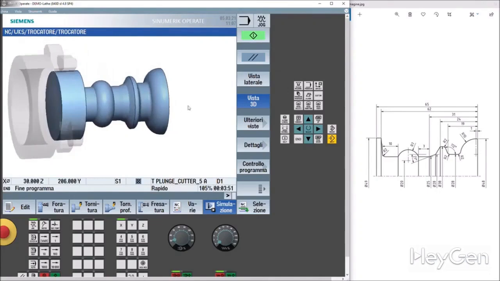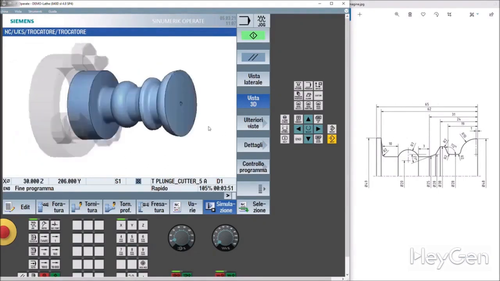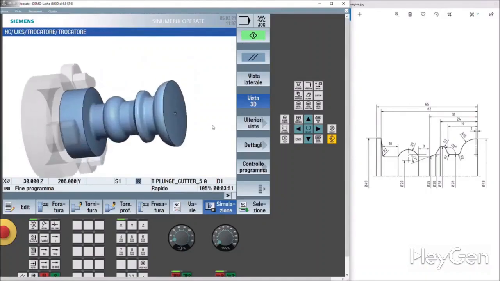Guys, we're done. I think that if 20 years ago with programs in X and Y you saw a profile like this, of course you would do it, no doubt about it. There are always the macro instructions, but everything makes you pull your hair out. With Shop Turn, it really makes you laugh.